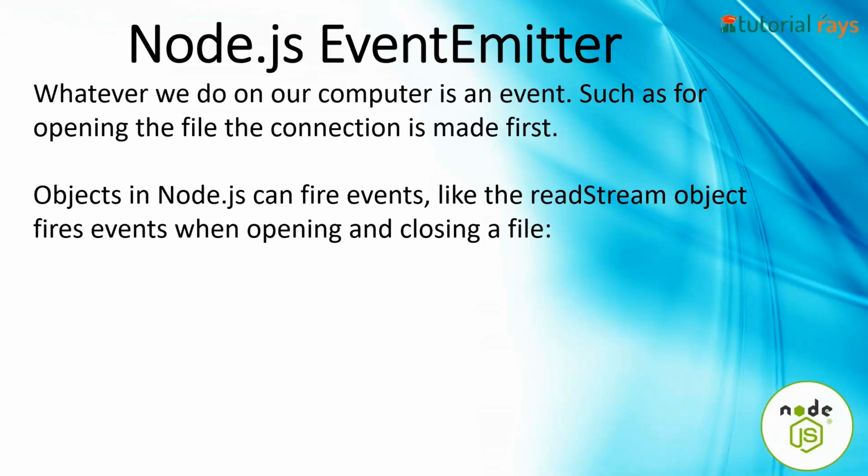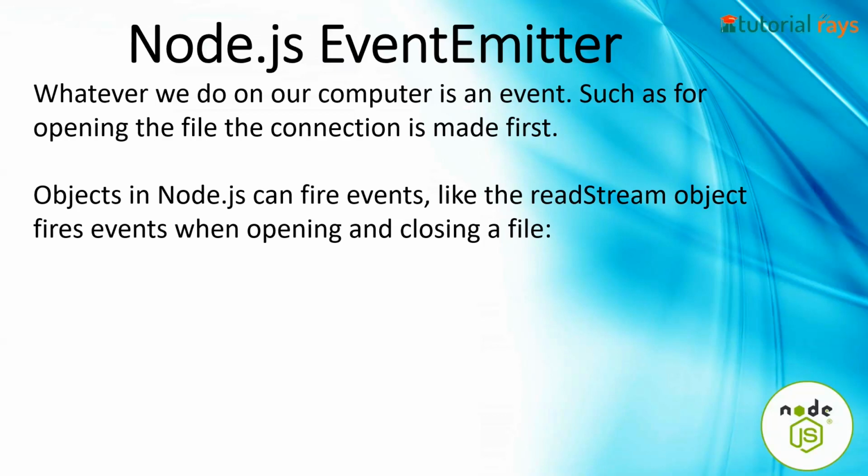Hello friends, in this chapter we will discuss event emitter in Node.js. Whatever we do on our computer is an event. For example, just clicking the mouse is an event. If I try to open any file, that is an event. So what happens when we try to open any file? A connection is made, so that is an event